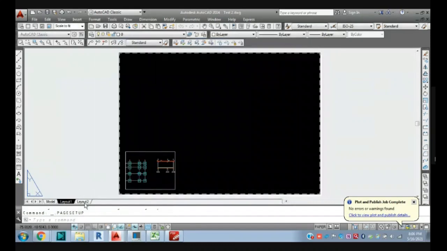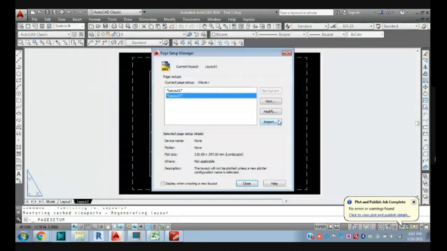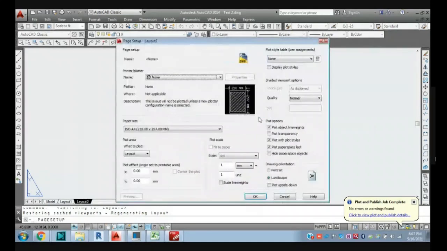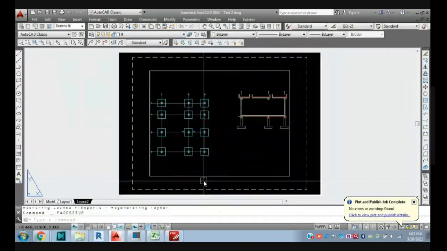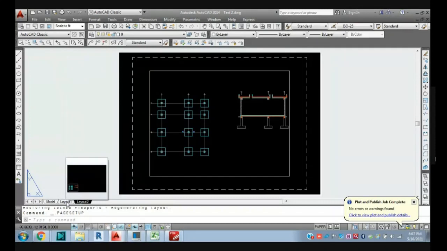Now go to layout 2, page setup, layout 2, modify. Yes, you can give a different page setup size also, but make sure you don't copy the layout one drawing, because it already has the page setup set for the respective paper size. Are you getting it?